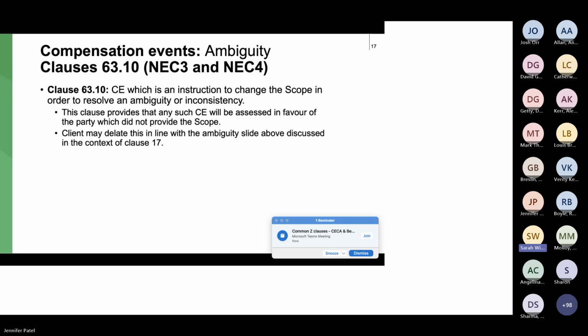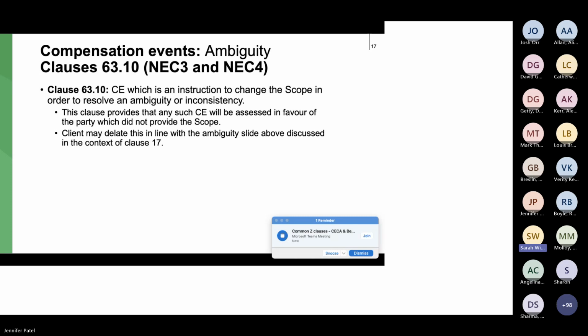Yeah, so this is just the point that we dealt with earlier about ambiguities, and what you will see when you're reviewing your Z clauses is that clause 17 would be amended, and also the compensation event provisions with regard to ambiguities. This one in particular